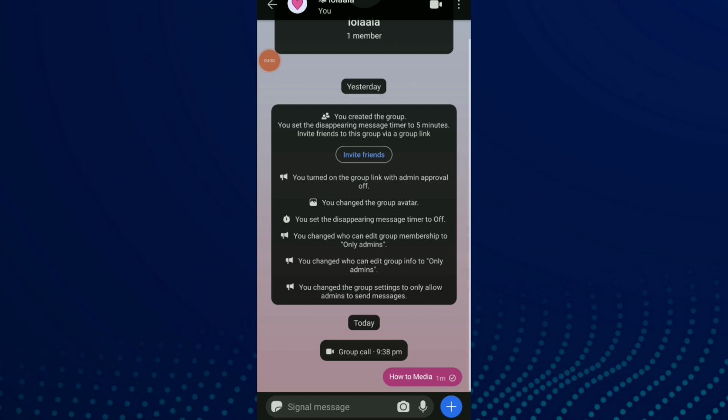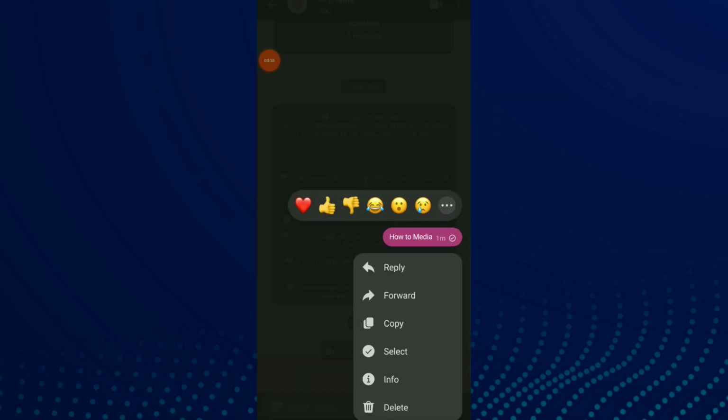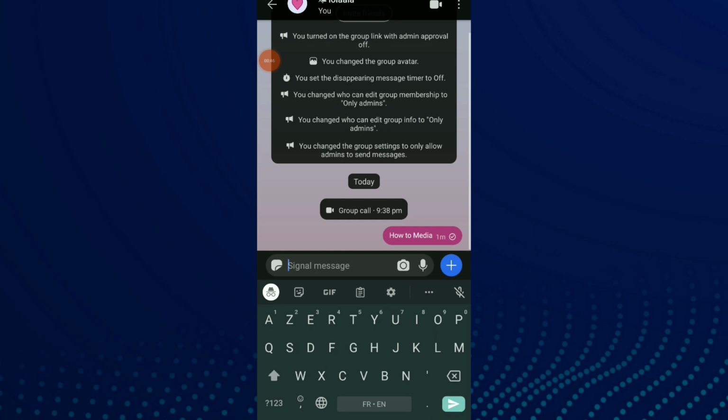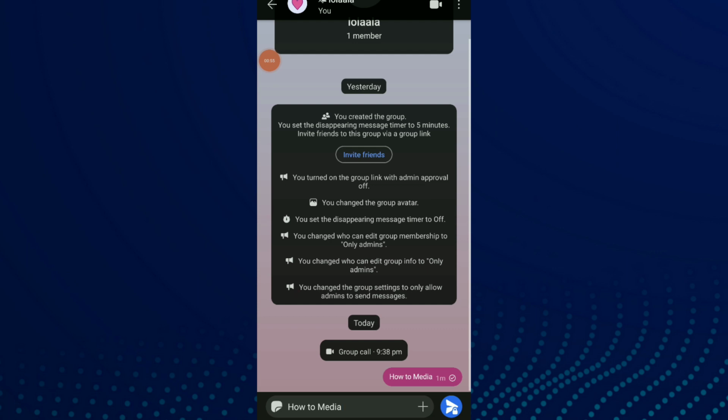All I need to do to delete or to copy this message is keep clicking on the message and click on the third option, which is copy. And now click on the text field, and now this is it. Click on paste and this is how you copy a message on